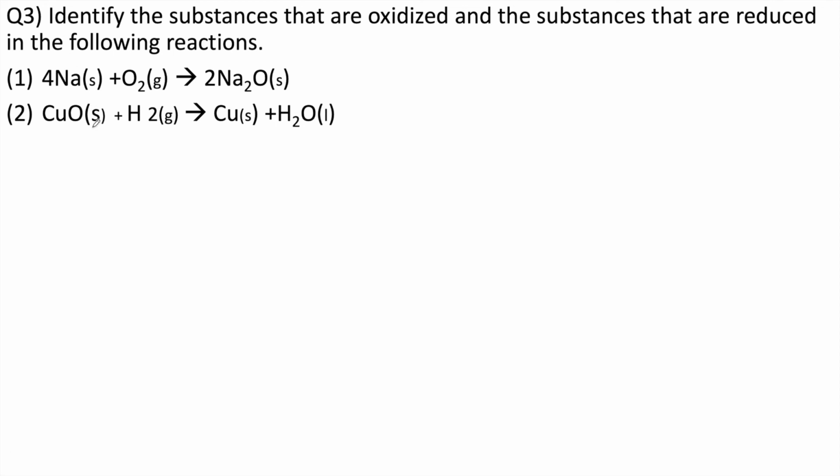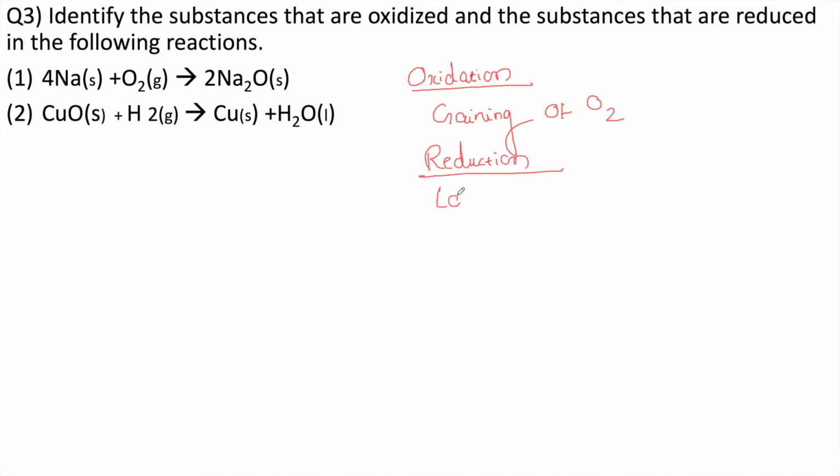Question number 3. Identify the substances that are oxidized and the substances that are reduced in the following reactions. These are the given reactions and we have to identify which substance is getting oxidized and which substance is getting reduced. So first we will write what is oxidation and reduction. Oxidation means gaining of oxygen. Reduction means losing of